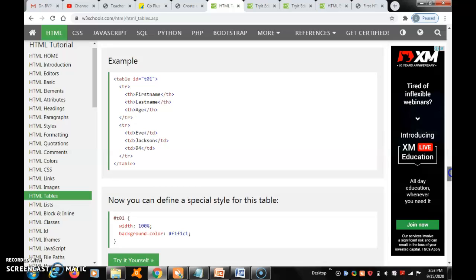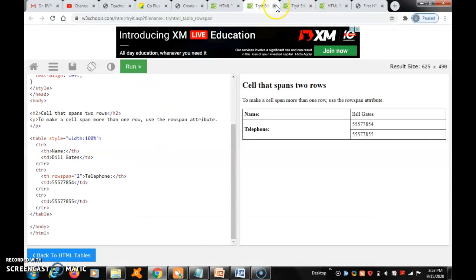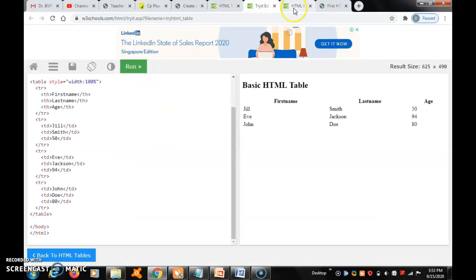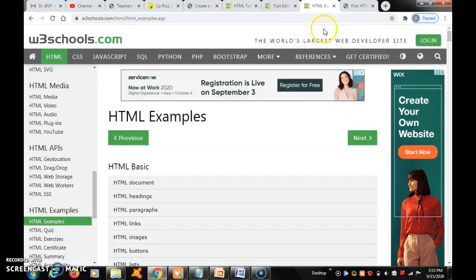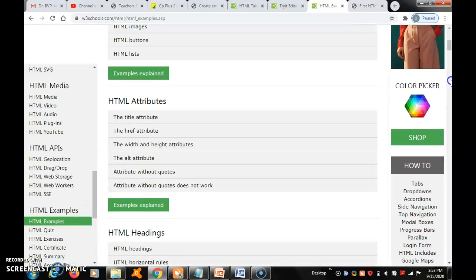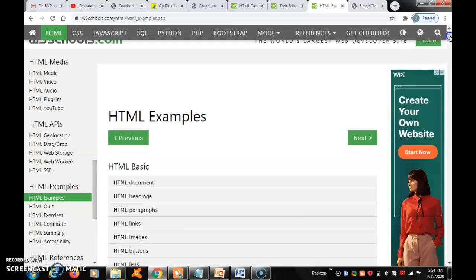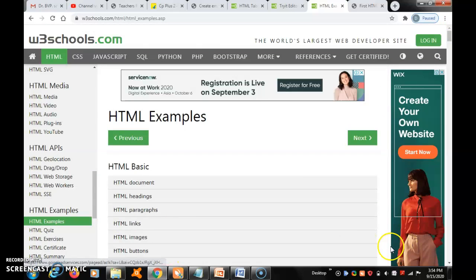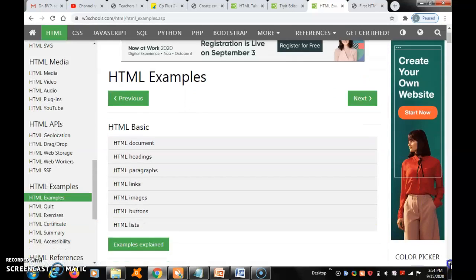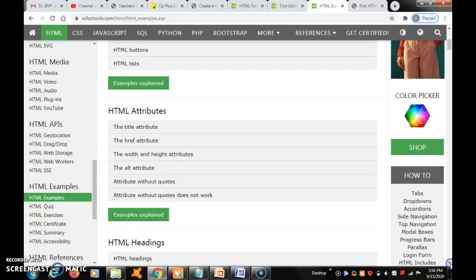Okay, so now we are going to discuss your exercises. Here, example tables, we'll see what they have given. If it is given the same, no problem. So we'll go and discuss your exercise: tables, images.